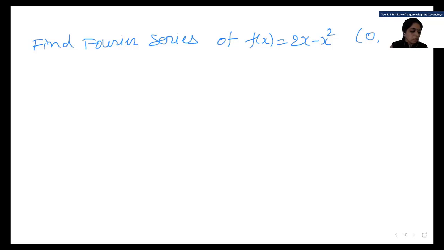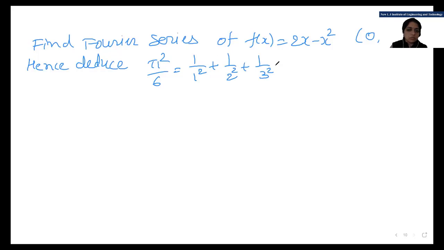In the interval 0 to 3, right? Hence deduce pi square by 6 is equal to 1 upon 1 square plus 1 upon 2 square plus 1 upon 3 square plus up to so on. For that,